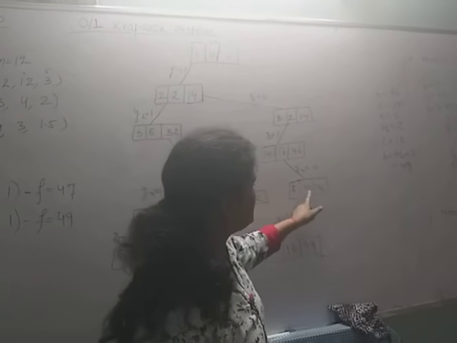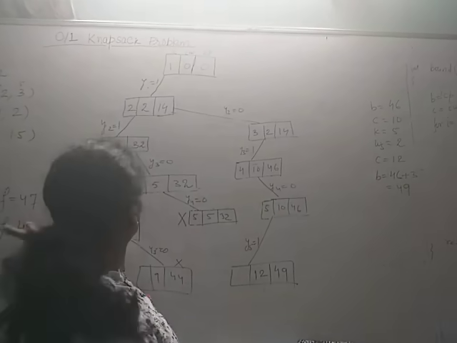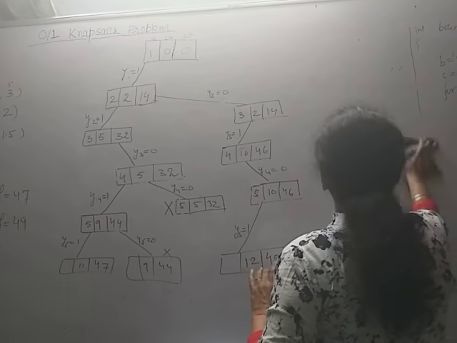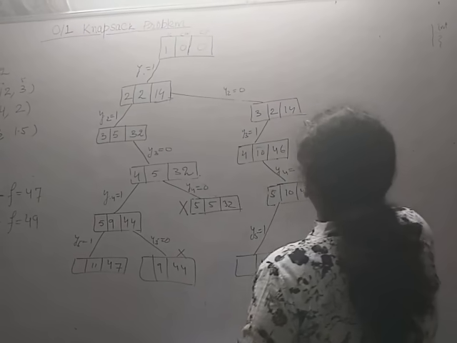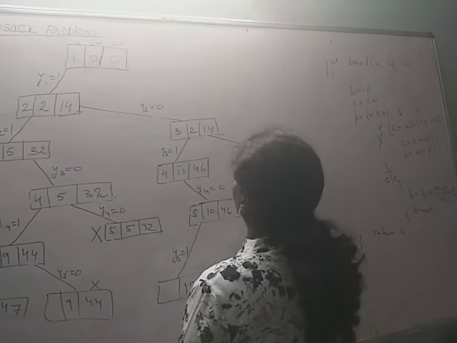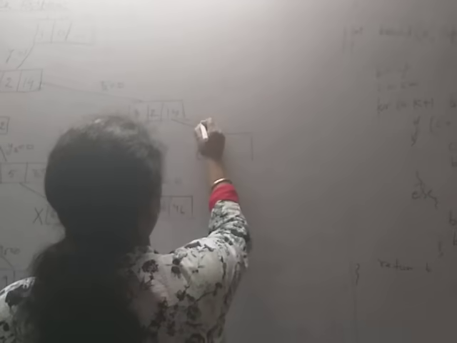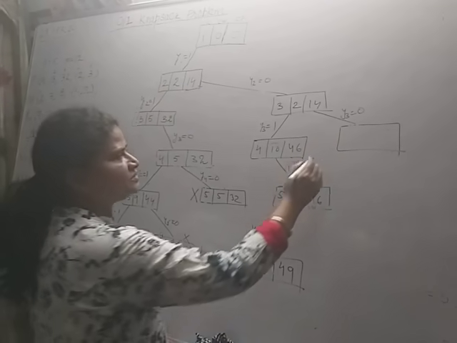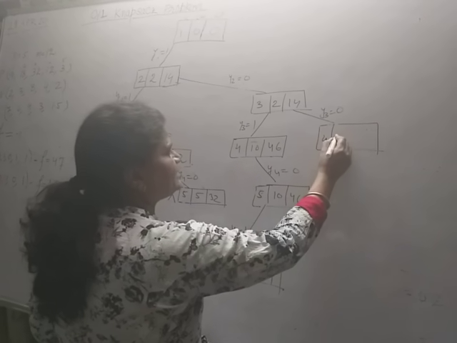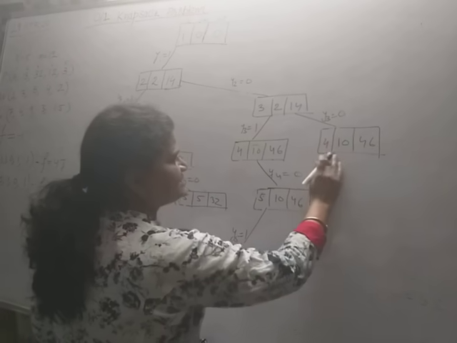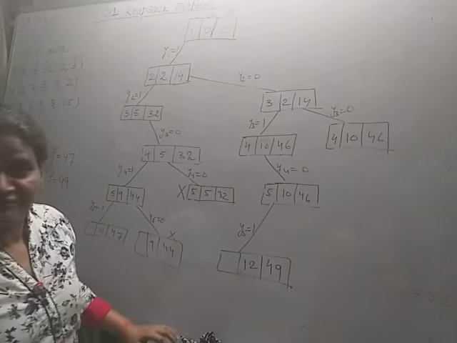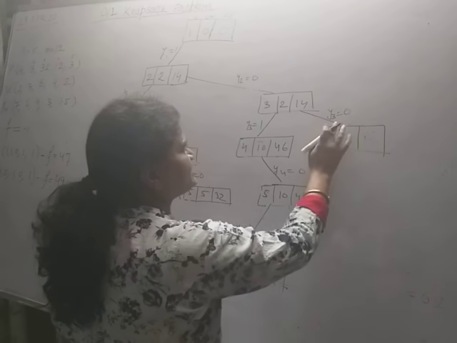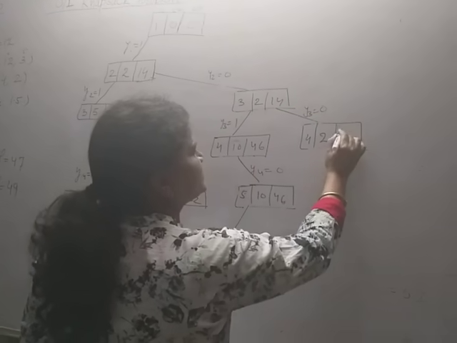So here the right branch is not generated because of 46. Now come to its y3 equal to 0. Again we are going for this y3 equal to 0. Here if y3 equal to 0, then we take the decision for 4 and 10 and 46. Again 4th and 5th, there is a 14. Here I am excluding the third weight. So 2 and 14.